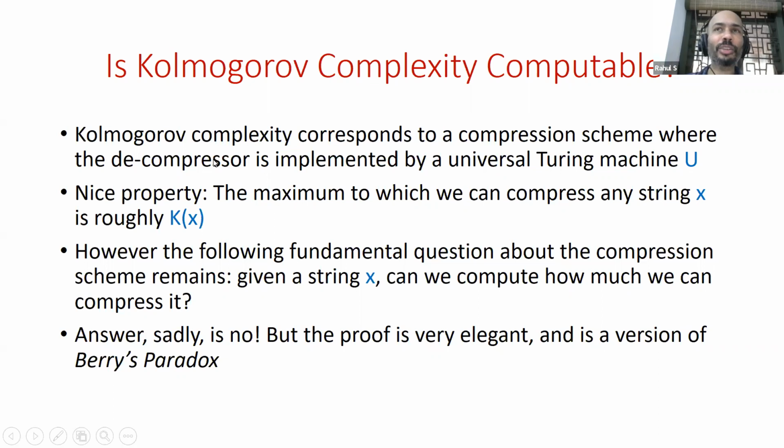So ideally we would like to have a computable decompression scheme, a computable compression scheme, and optimality, but this particular plan is not going to work out here. But it's going to have interesting consequences, the fact that Kolmogorov complexity K of X is uncomputable. And I think a nice way to think of this is as a version of Berry's paradox, one of these logical paradoxes. One of the intriguing things about the foundations of computer science is the close link to all these logical paradoxes: the liar paradox, which is used in the proof of Gödel's incompleteness theorem, and now Berry's paradox, which is going to be closely related to the proof that Kolmogorov complexity is uncomputable.